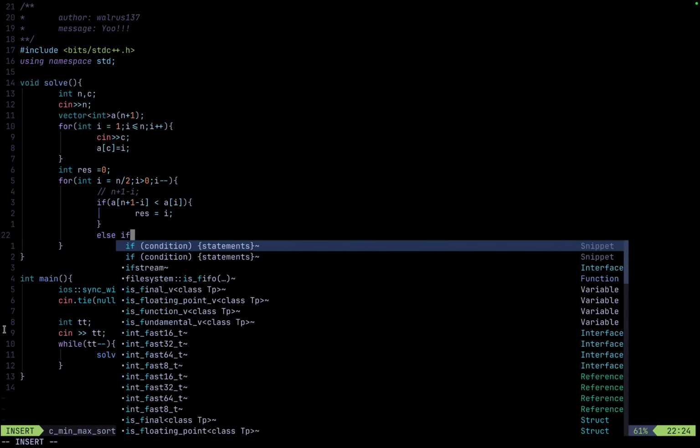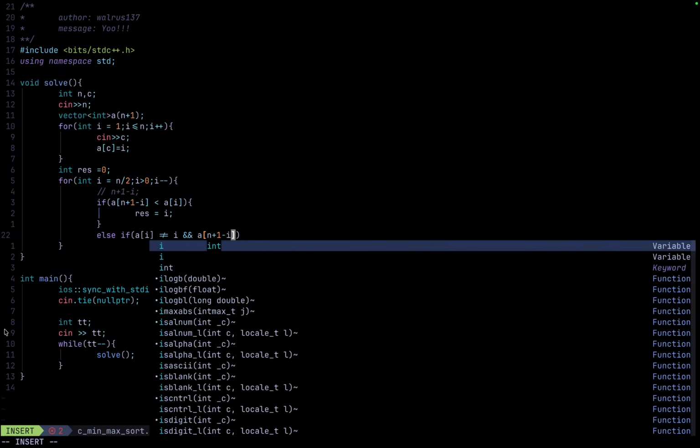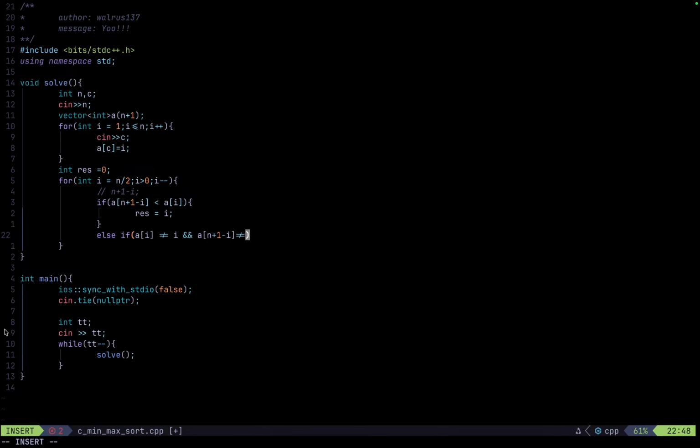Else, if these two are in correct order but they are not at their correct places, and the correct index for i should be i, if a[i] is not equal to i, and a[n plus 1 minus i] is not equal to n plus 1 minus i,